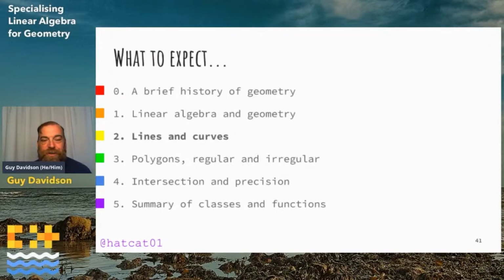Right, a couple of questions have just emerged. The first one is, do we expect the vector and matrix types in the library to be usable outside of geometry problems? We absolutely do. The point of this talk is about specializing linear algebra for geometry. Linear Algebra Library is a general purpose linear algebra library for as many rows and columns as you want, and indeed for quantities of row and column that you don't know at compile time, where you don't necessarily own the storage, where you're viewing the data with and applying strides to it. This is simply one particular use of it.